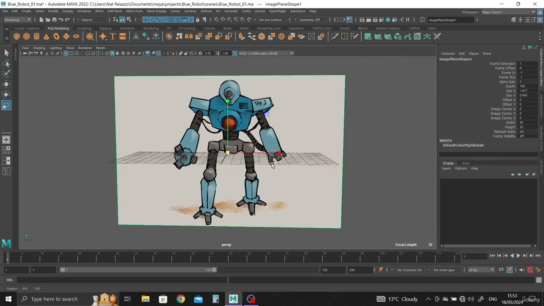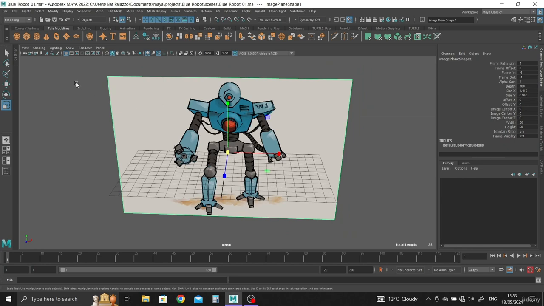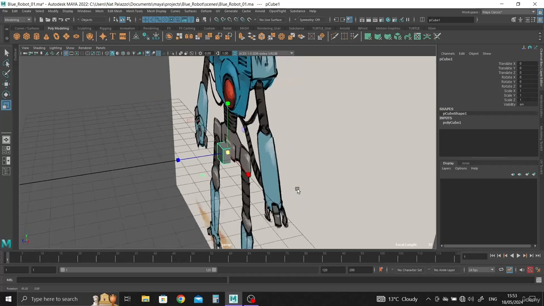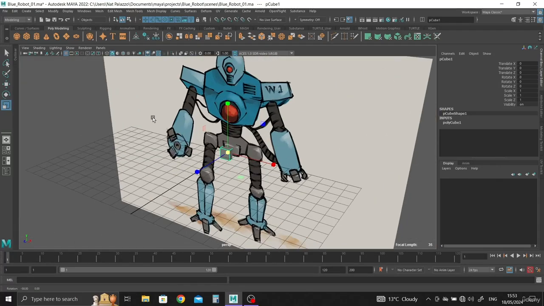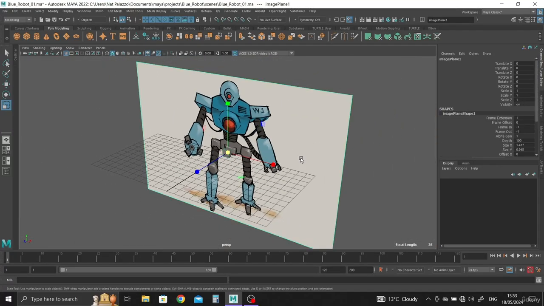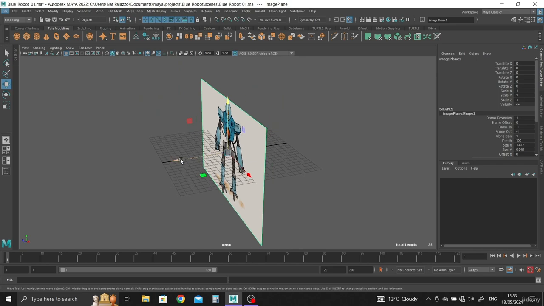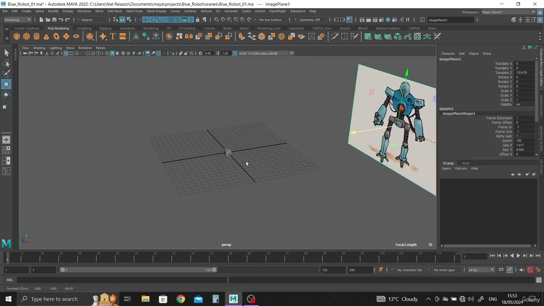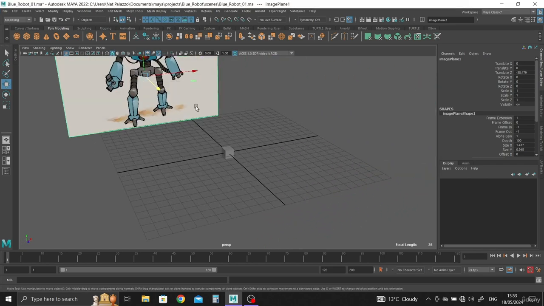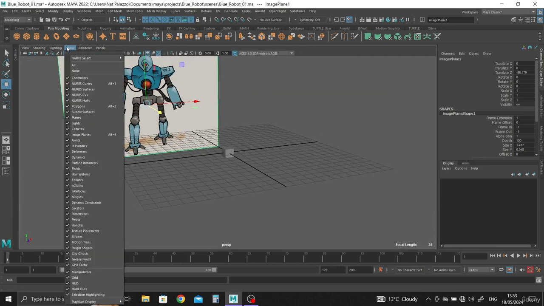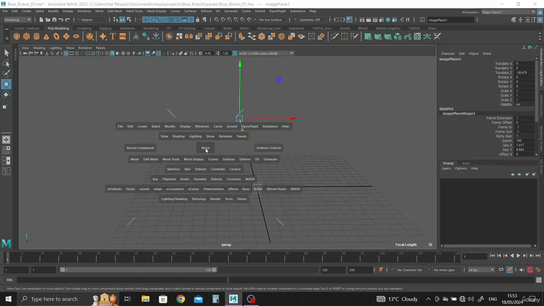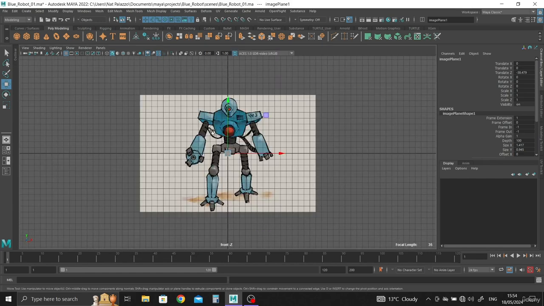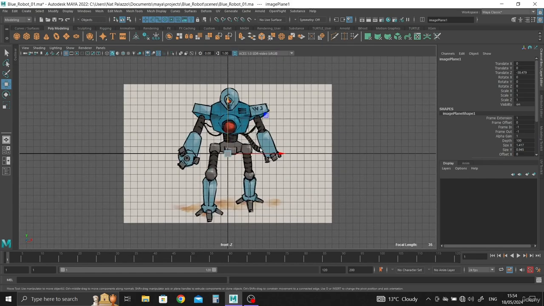Now it always lands right in the center, which isn't a good position, because if you start modeling, say let's grab this cube, you can see that the image gets in the way. So you can select the image, hit W for move, and then just push the image back so it's not in the way, and that's fine because it doesn't affect the front view. Another thing you can do is go to Show here and switch off the image plane in the perspective so it doesn't get in the way. However, it still appears here in the front view,